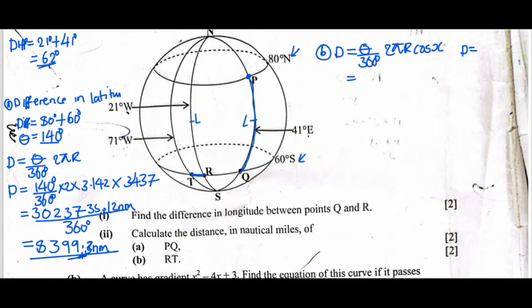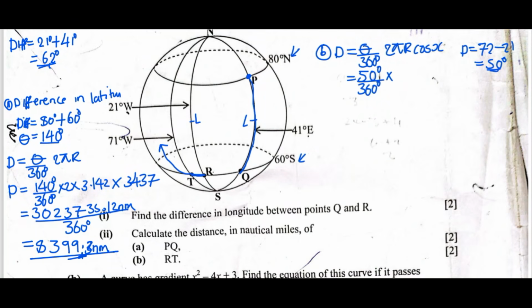So let's look at the longitude of T. The longitude of T is 71 degrees west. Then R is also located on the western part. So here we are going to subtract. So say 71 minus 21. This will give us 50 degrees as our difference. Remember, if the two longitudes are located on the same side, then you are supposed to subtract to find the difference. So we have our theta as 50 over